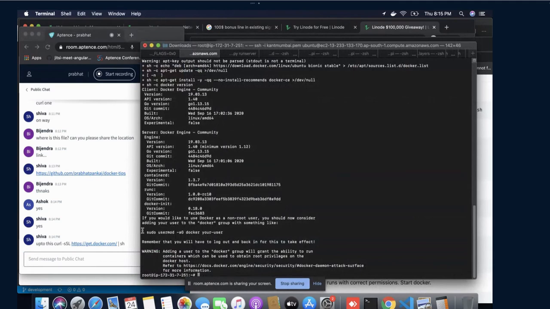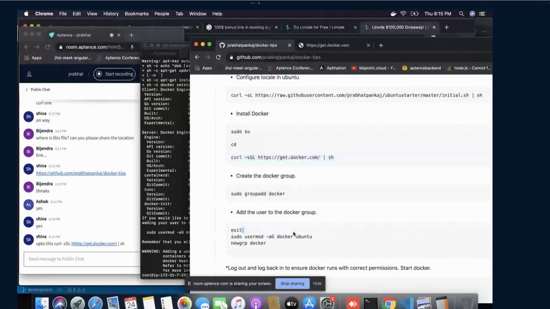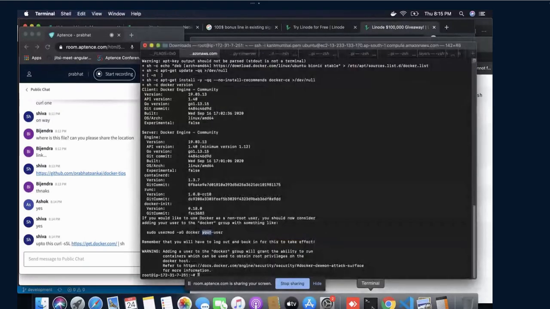If you see it here, installation is already done. By the way, they have already provided this help. In our case, we are using Ubuntu. So we may have to provide the user, in case of your user, we may have to use the Ubuntu system. So for that, I have already added. See here, you may have to run this command. Reason behind it, why I'm using this one.